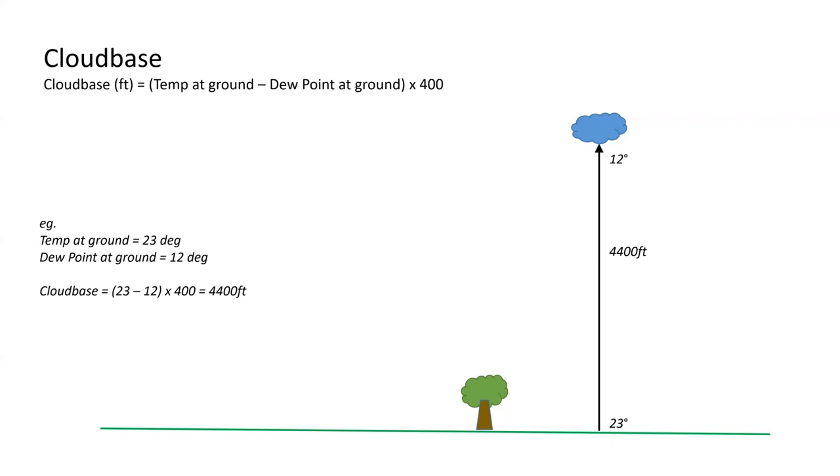And sometimes, on a good soaring day, you don't even need the dew point temperature on the ground. You just need the overnight temperature, the lowest temperature it got overnight, because you woke up this morning and there was some dew on the ground. So that gives you a rough rule of thumb, that if the Met Office or the BBC says it's a 25 Celsius day, and you know overnight it was pretty cold, and you saw some dew on the grass and it was 12 Celsius, then the difference between